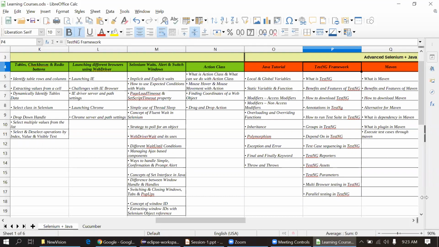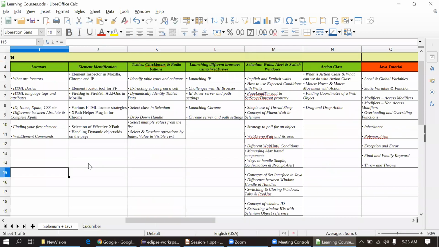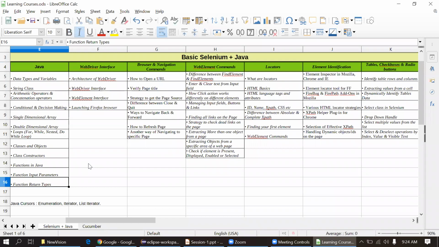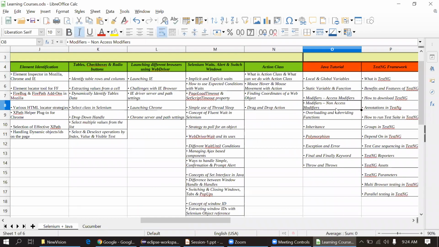I think I got one question. Yes, Ravi is asking to add core Java. You can add abstract class, and the difference between interface and abstract class. I can add this as well. I will keep a note of this, and I will cover this in an upcoming session. I could cover it now as well, but we have just 6 minutes, so I will cover this in the upcoming session. Okay, fine.